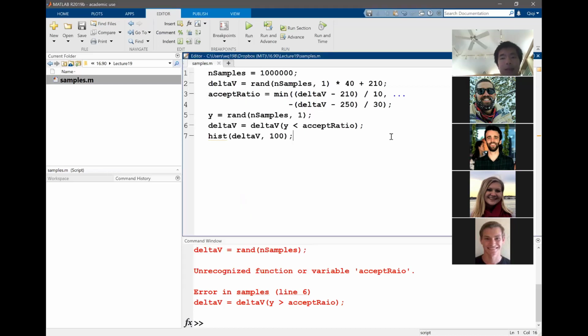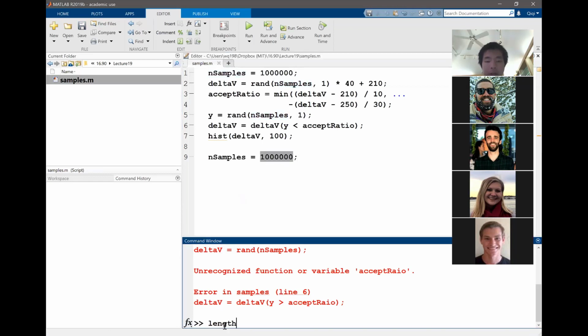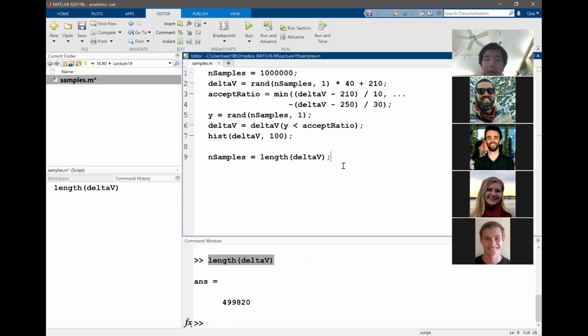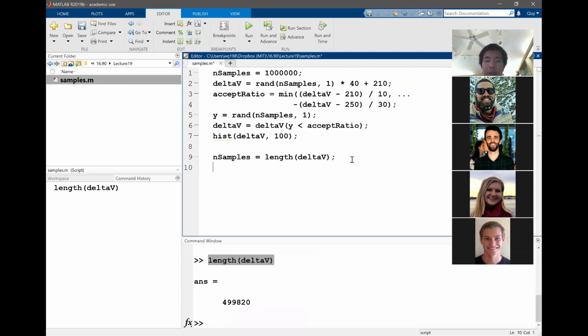So this is basically sampling the triangular distribution to get delta V. One of the things is that through the sampling, I actually have changed the number of samples. So let me modify the number of samples to the length of delta V, because I have rejected part of these samples. So that's the new number of samples, and we want to use these many samples to sample